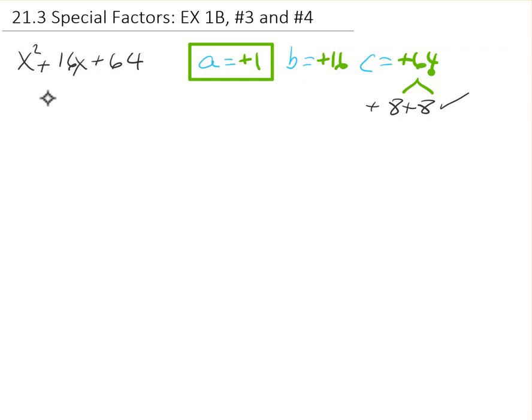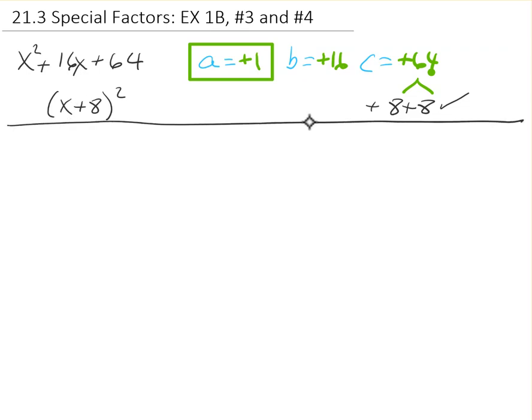So I come over here and I say, all right, so now I know it's x plus 8 squared. And that's my final answer. Okay, I'm done with this example. Now, for question